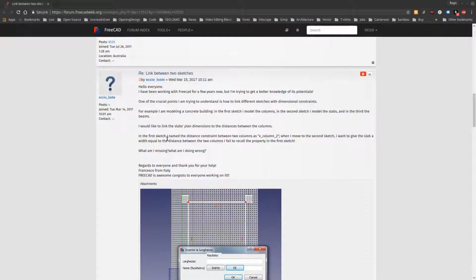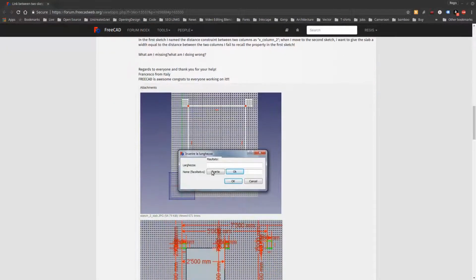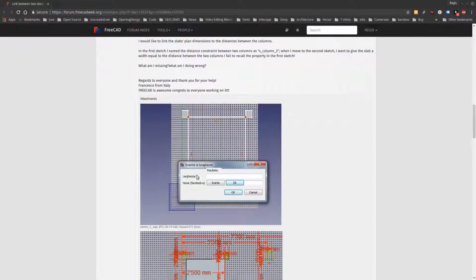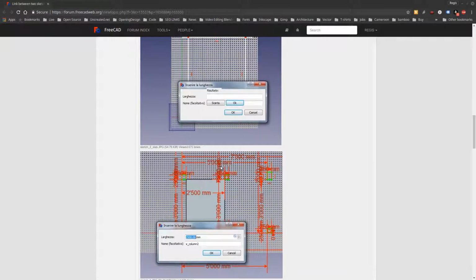In the first sketch, I named the distance of the constraint between the columns. When I move the second sketch, I want to give the slab the equal distance to the columns between the two columns. I fail to recall the property of this. What am I missing? What am I going wrong? Alright, man. I mean, I'm not very sure what all this crazy calculation is all about. But,